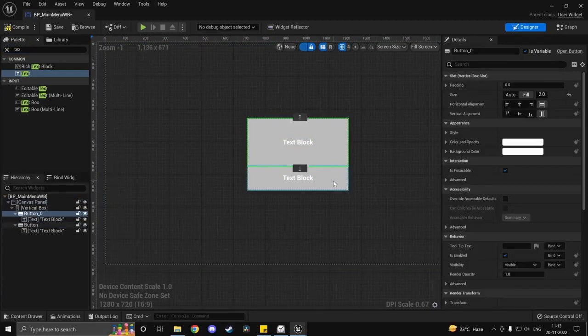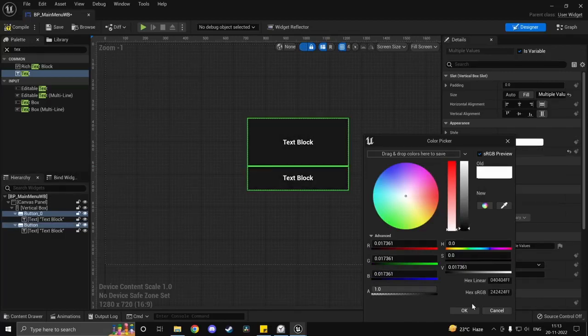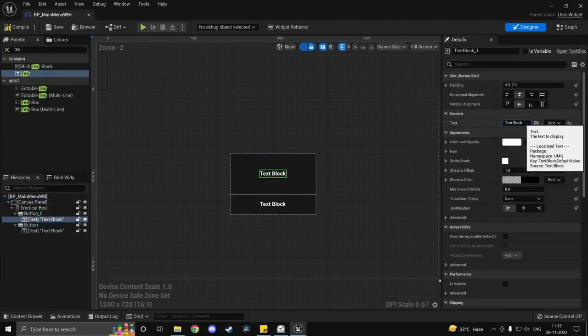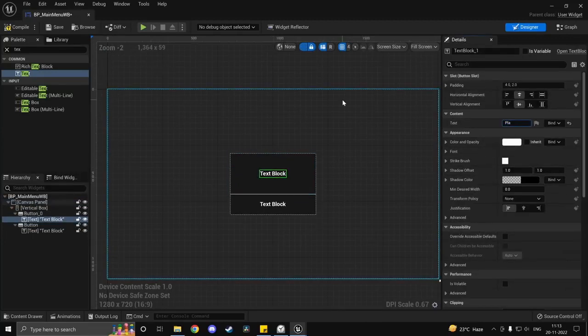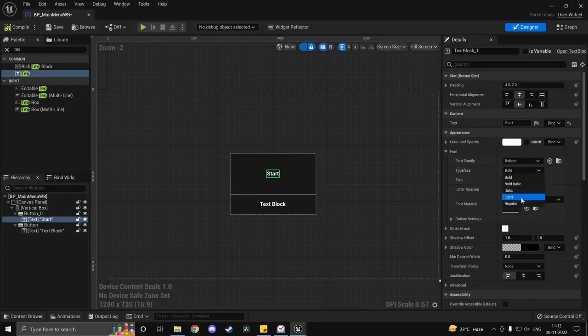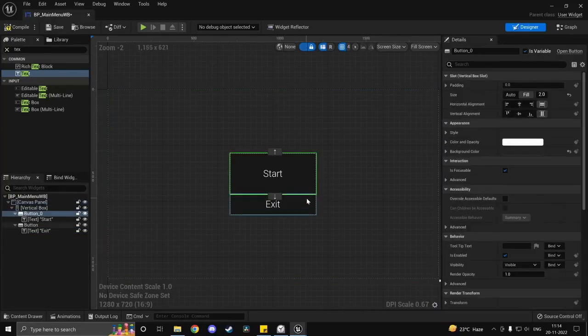So add in some text, and change the background color for both of these buttons. Make it almost black. Maybe not exactly black, but almost. So I like this shade of color. Now rename this to play, or rather start, we can try. Change the font maybe. So the font we'll use is going to be the light one. So 40 seems about right. Make this one 40 as well, and this one is going to be light, and this one is going to